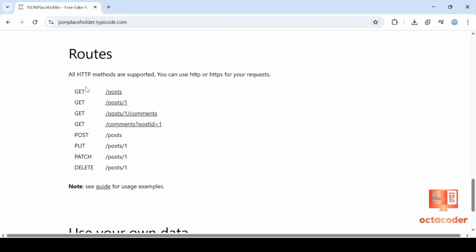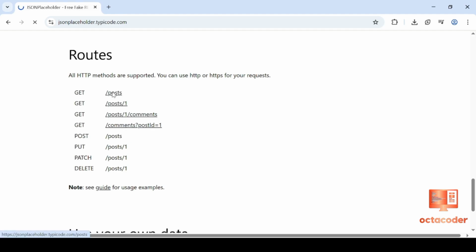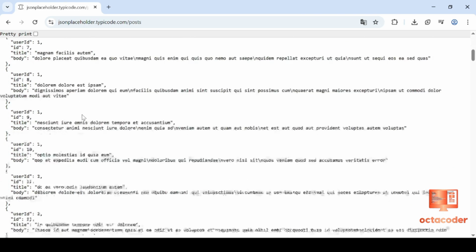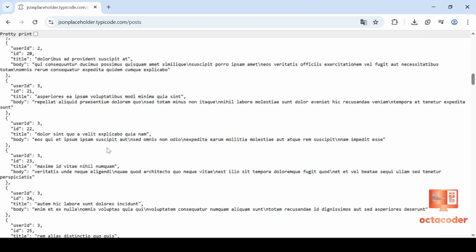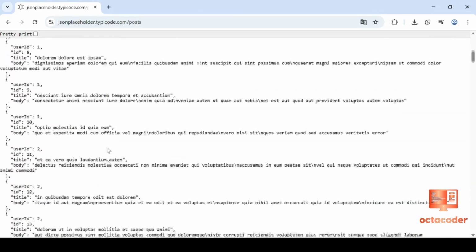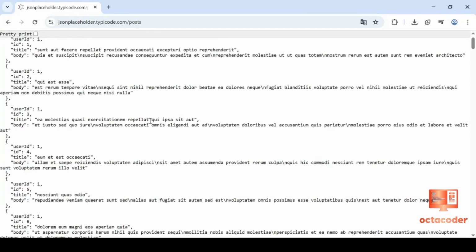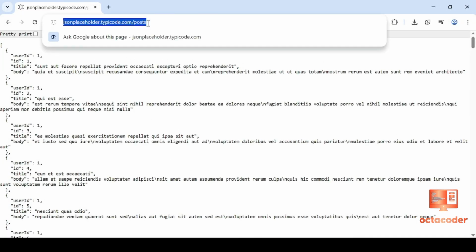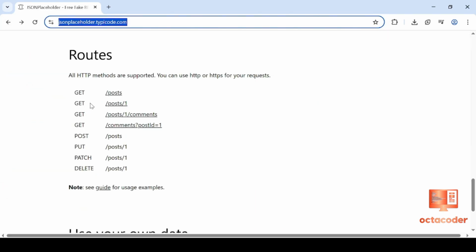So let's test the GET method first. If you click on this GET, you will see all the posts displayed in JSON format: user ID, title, body for each post. And this is exactly the kind of data we want to fetch in Postman. So how do we bring this data into Postman? Very simple. You can just copy this URL, or just go back and